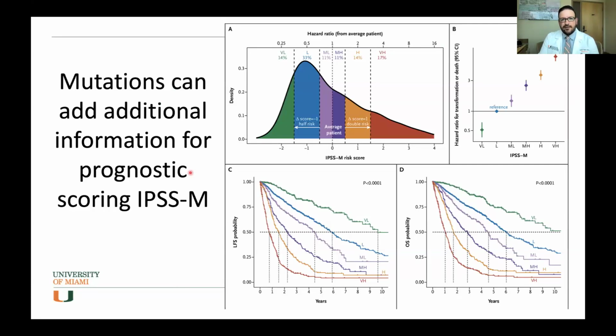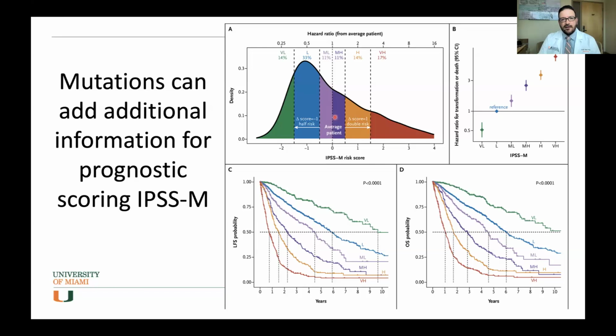Is there a TET2? Do you have a RAS mutation? More fine-grained molecular features. And they made the scale a little bit different. So just not to confuse you with what I already presented, we won't have to go through all this, but